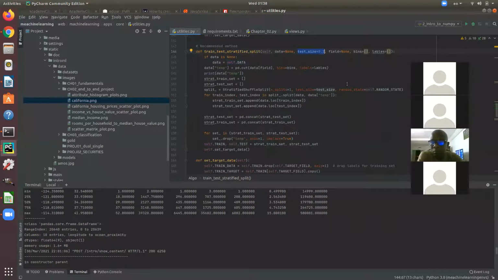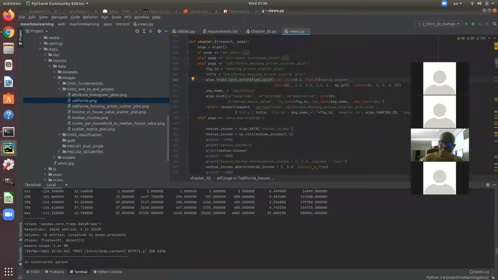That's very common. Later on, we will talk about what is known as cross validation. Cross validation is a very important concept. So this is really just to warm up, so you get the ideas behind it. Then one thing is very important. I give you a field, a variable. And why do I give a variable here? If you look at this variable, if you see data field, I'm taking a column. Data for me really is the housing table. In the housing table, whatever field I give you,